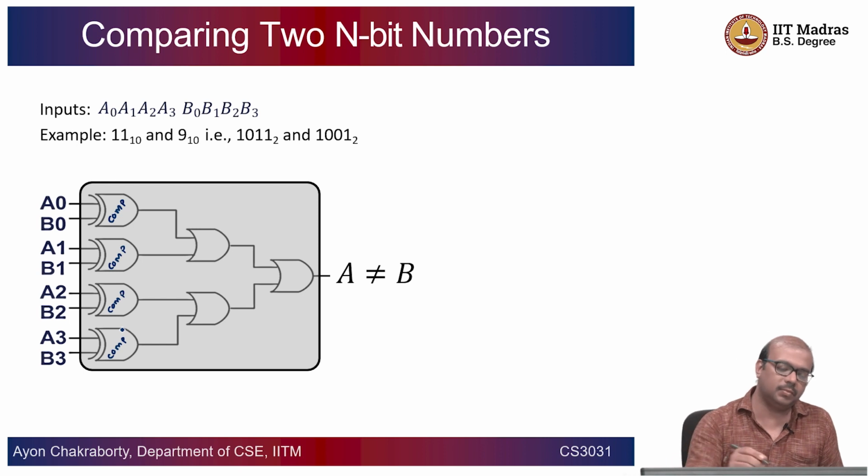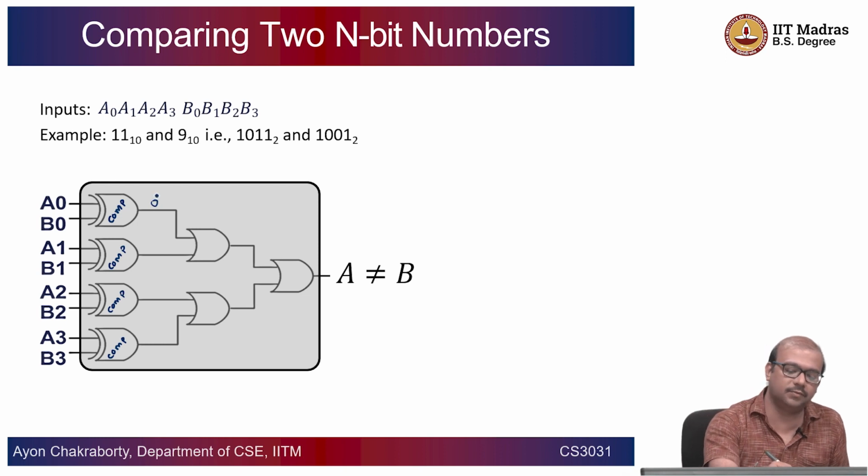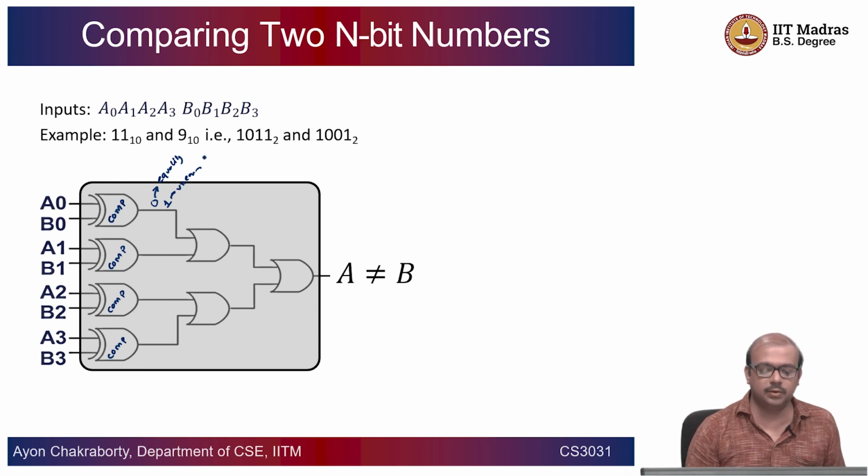So, if you have the output here, if your numbers are equal, this is going to be 0. If they are unequal, so this is 0 for equality and 1 if they are unequal. Okay. So, we are using a series of OR gates, right, where it does not matter even if there is just a 1,